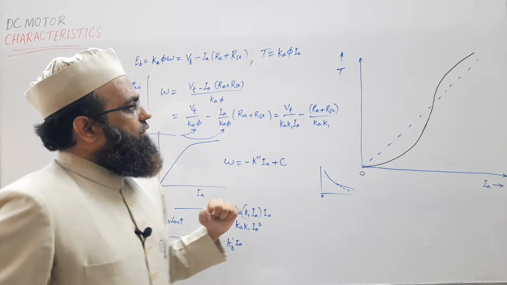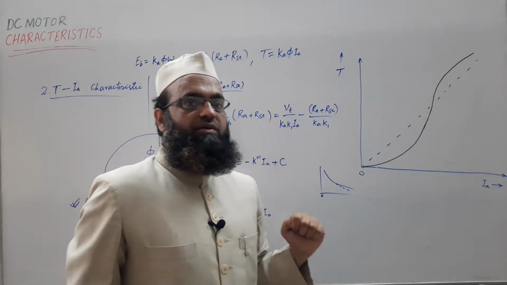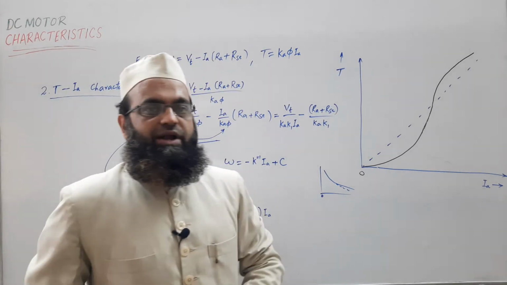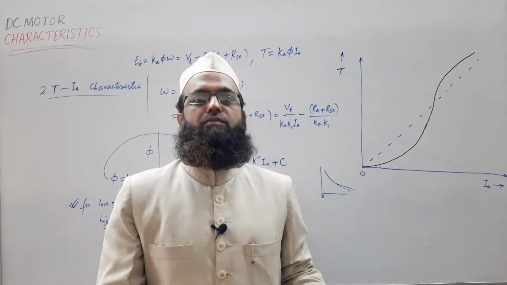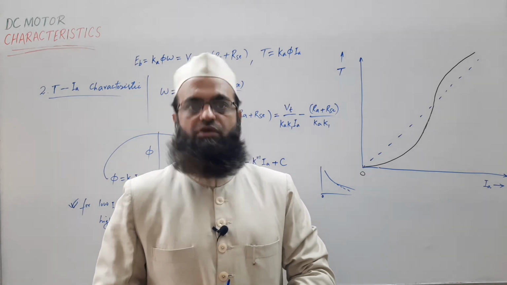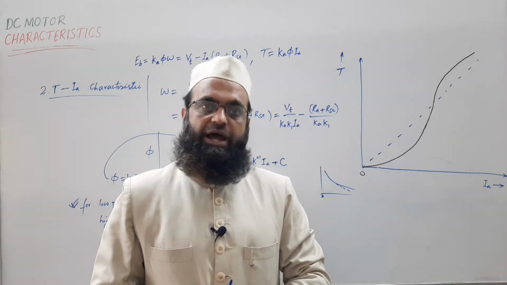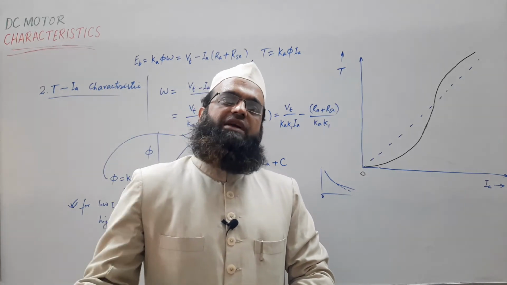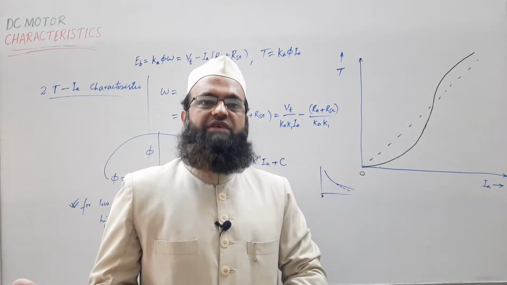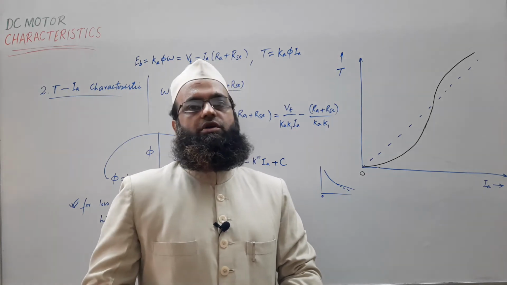What does it mean? We know that at constant speed the two torques, the electrical torque developed by the motor and the load torque, must be equal, so that the motor can run at constant speed. So if the load demand is low, meaning the load has low torque,